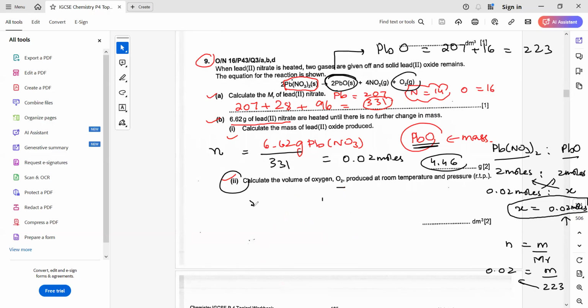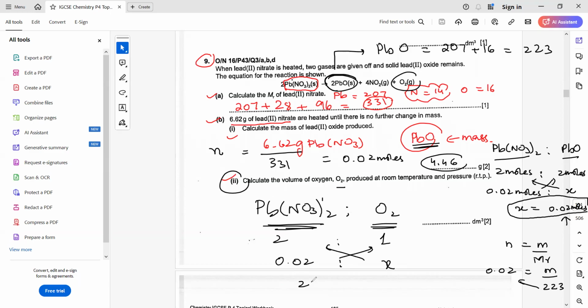So for every 2 moles, we are having 1 mole of oxygen. According to the equation, we see 2 here, and 1 here. So for 0.02 moles, we are going to find X. So 2x is equal to 0.02, x would be equal to 0.02 divided by 2, which is 0.01